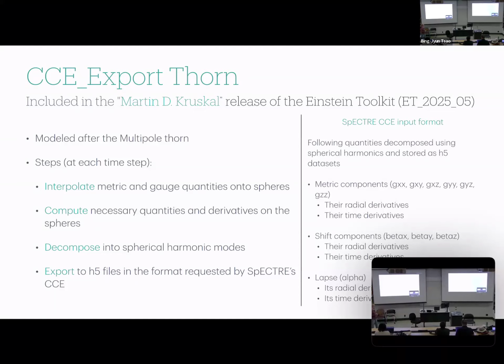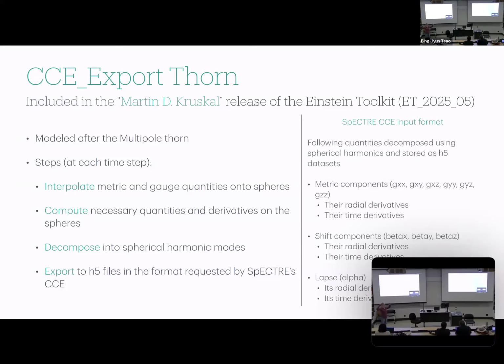So this thorn is heavily modeled after the multipole thorn, because ultimately what we want to dump, let's look over here on the right, really what SpECTRE CCE wants is these quantities: your metric components and the shift components and the lapse, as well as their radial derivatives and their time derivatives for all of those quantities, extracted on finite radius spheres, and then expressed using spherical harmonic decomposition.